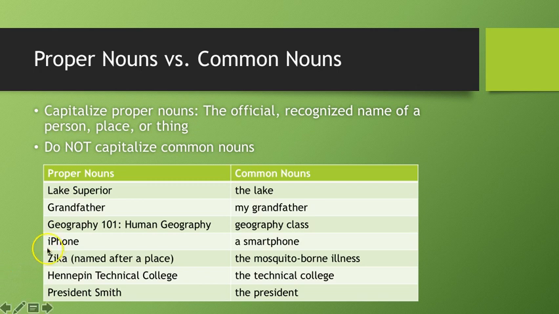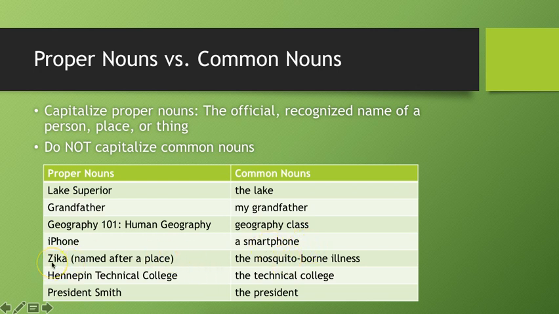An example of something weird that's going on now is that people, in a bid to be unique or get more attention, are creating businesses and products where they're either not capitalizing or they're flipping capitalization rules. So for example, you have the iPhone where the I is lowercase and you have the P of the phone capitalized, and yes, you leave it like that always, every time. That is the proper noun, the way that it's capitalized. So that is what you have to do. However, if you're talking about a cell phone, a smartphone, a phone, period, you would lowercase it.